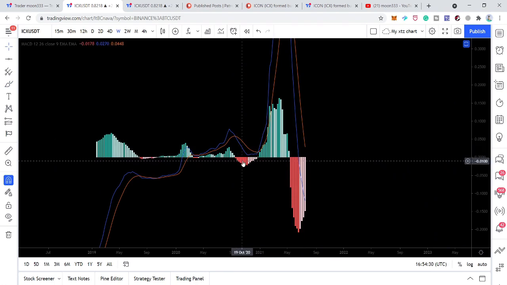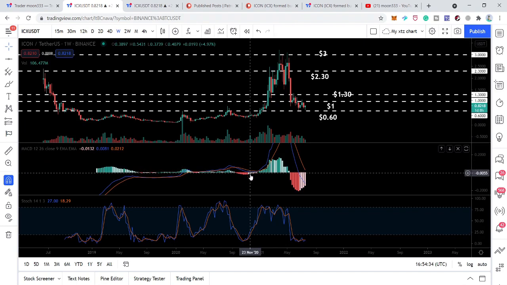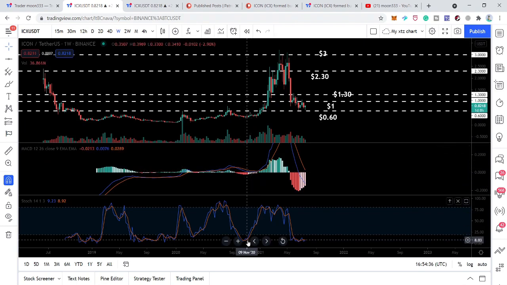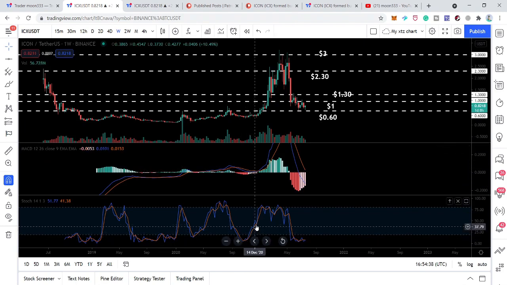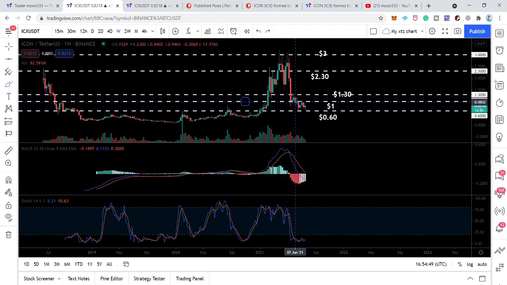You can see that it was strong bearish, and here it turned weak bearish, so this was the buying signal. And here the stochastic also started turning bullish, started moving towards the upside, and the price action turned very strong bullish, and here the price action found the resistance at $3 and moved down at the support of 60 cents